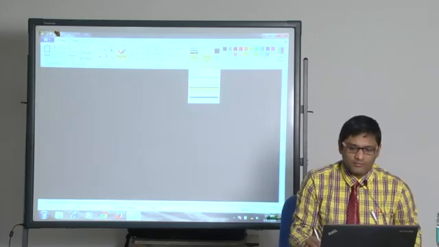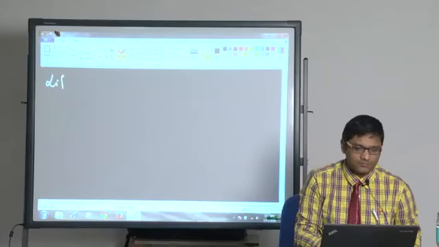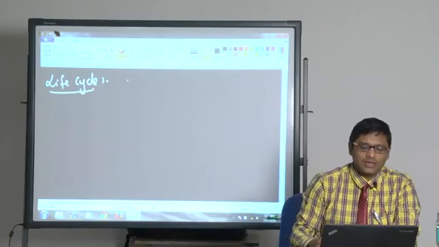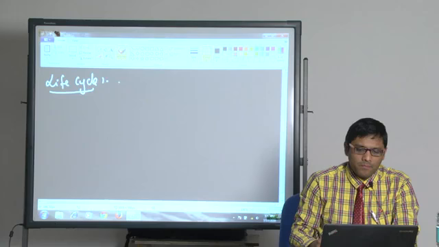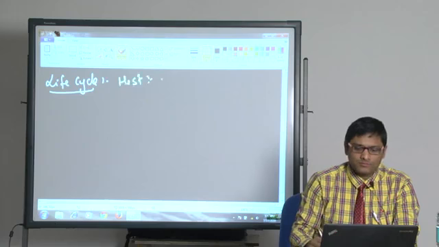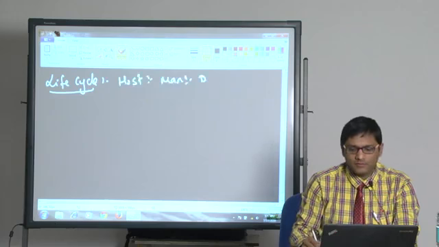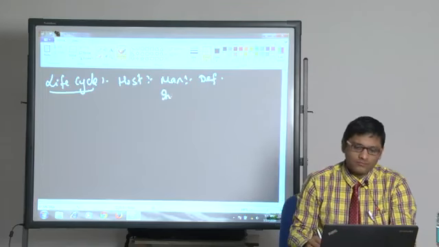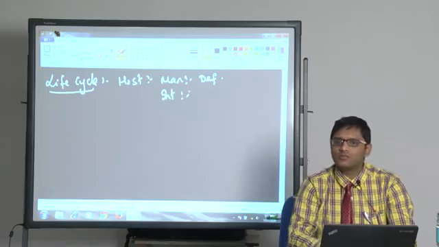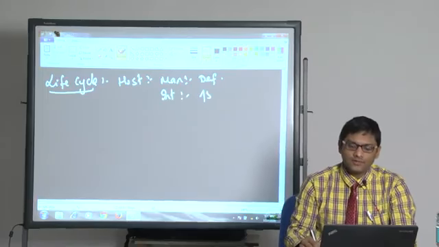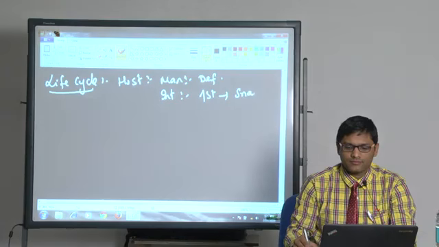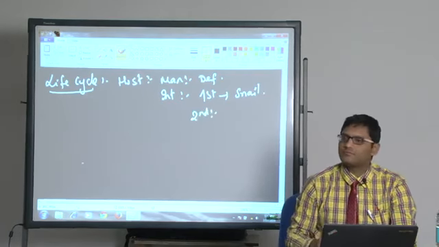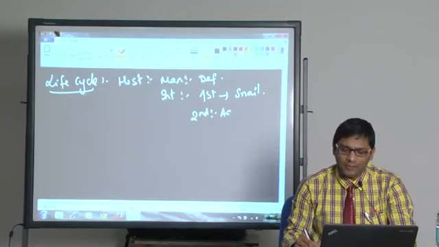In general, the life cycle of trematodes is like this. They have 3 hosts. Man is the definitive host, whereas the first intermediate host is snail. The second intermediate host is aquatic plant